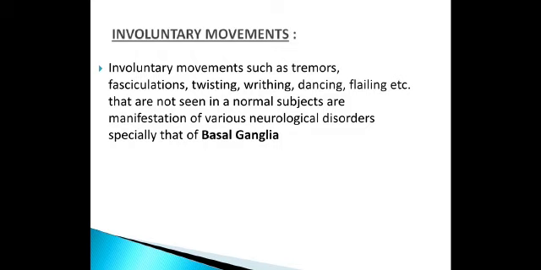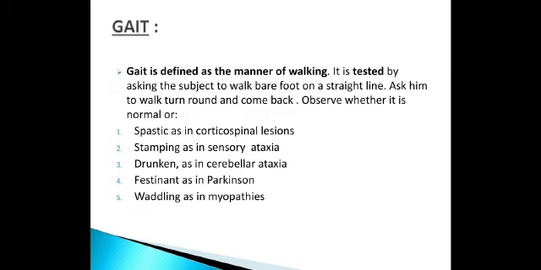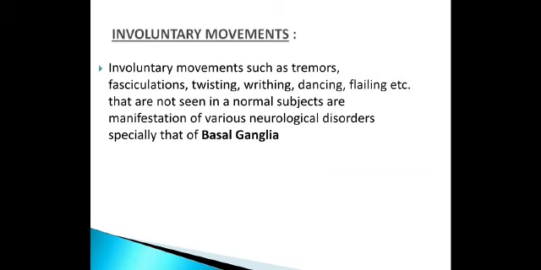Whether there is an involuntary movement of any part of the body, and if there is involuntary movement at all, what type of movement it is has to be assessed. So there are different gaits which we discussed: drunken gait, hemiplegic gait, ataxic gait, stamping gait. All this, the videos will be sent to you all. So if there is a lesion in the caudate nucleus, there is hemiballismus, choreoathetosis. So all this has to be explained.